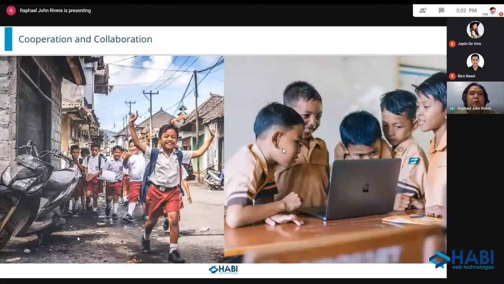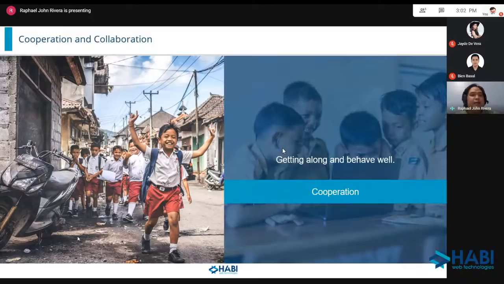Now there are two facets to look at, which are cooperation and collaboration. These two things are very similar to each other, but we should take note that one is more preferred than the other because it leads us towards the fulfillment of our specific task. So what have you noticed in these two pictures? The one on the left demonstrates cooperation, a method or means of getting along well and behaving well with each other. This may look similar to collaboration, which is the one on the right, but the difference is that